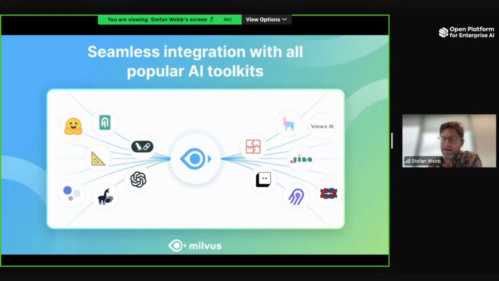You may have heard of Hugging Face, so it integrates with the Hugging Face libraries, but also OpenAI on the other side, with lots of tools to build more complicated generative AI pipelines for agents or more advanced retrieval augmented generation systems.